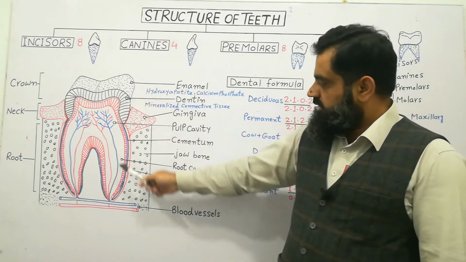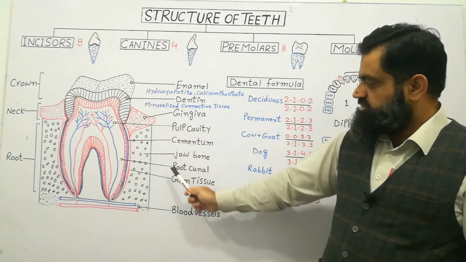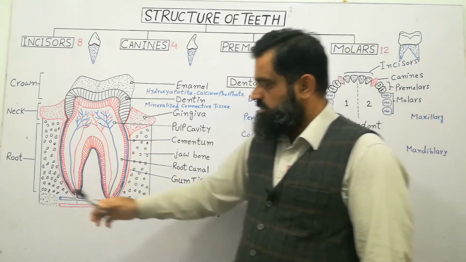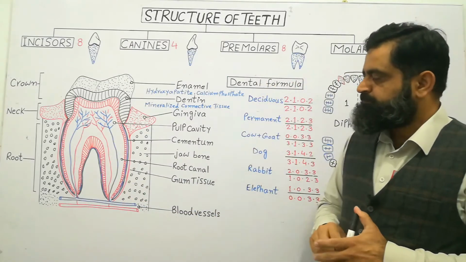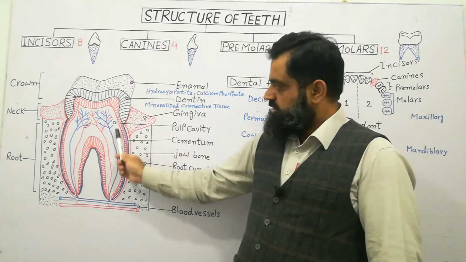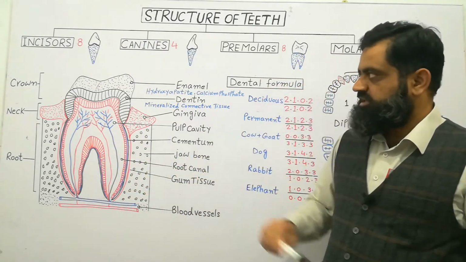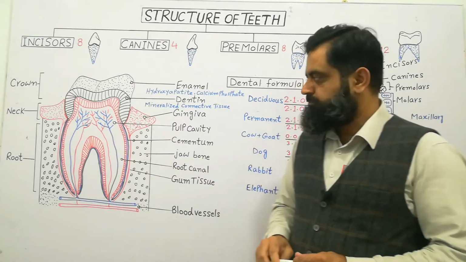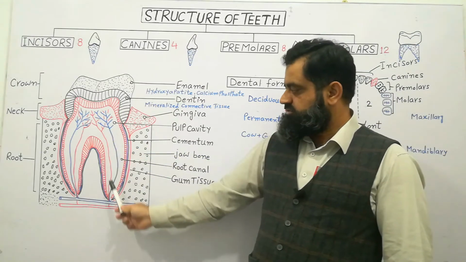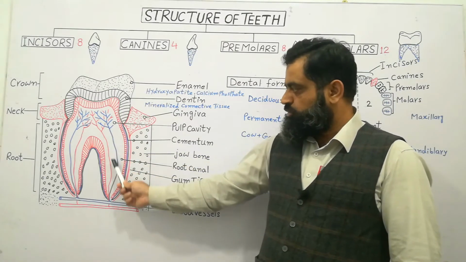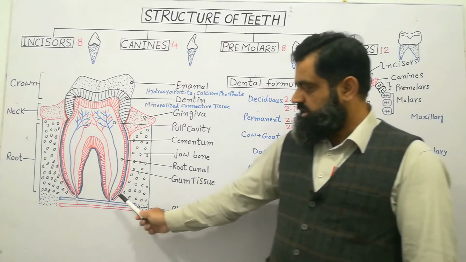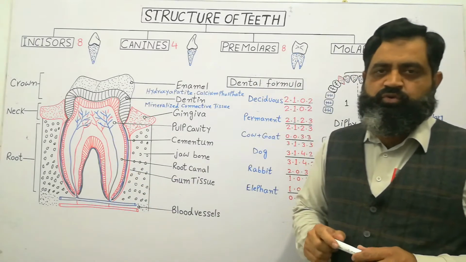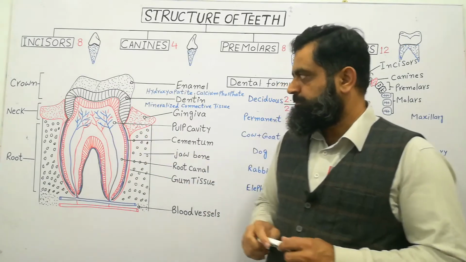Our teeth are embedded in the bone of the jaw, which you can see in the black here. This is the bone of the jaw where teeth are embedded. The tooth has a central cavity, as you can see here. This cavity is known as the pulp cavity. This cavity contains blood vessels, arteries and veins, and also nerves from our brain. These blood capillaries and nerves arise from an opening which is known as the root canal. The root canal has two openings at the bottom through which nerves and blood capillaries enter into the root canal, and from there they reach the pulp cavity.